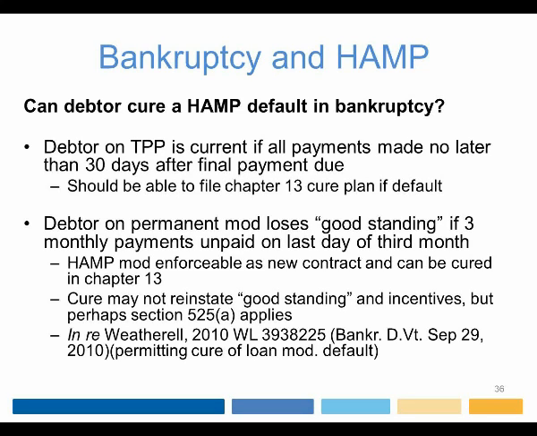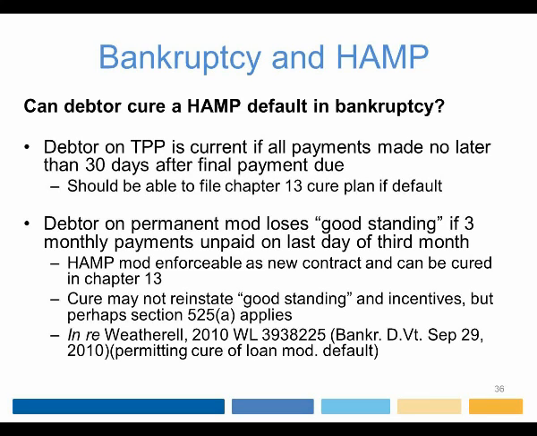I've seen no cases on this yet, but I think there are some good arguments, because of the way the right to do this is so broadly defined under the Bankruptcy Code. If the consumer is on a TPP and is in default on it, at least under HAMP, if you're more than 30 days, all payments have been made no later than 30 days after the final. Actually, I think that default provision has now been changed. But whatever the exact